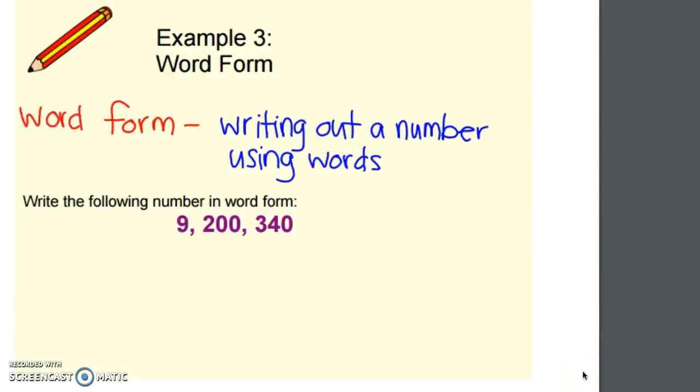The third example is reviewing what word form is. Word form is simply writing out a number using words. So here I have the standard form, 9,200,340. My thing is that if you can say it, you can write it. So you just have to be able to say what the number is and go nice and slow and say it out loud, even if that helps you. So again, I go through it and I see